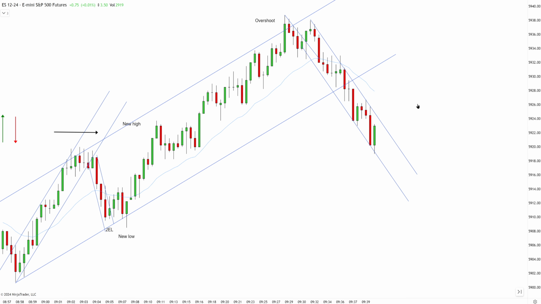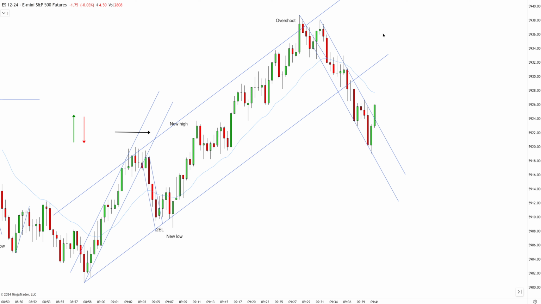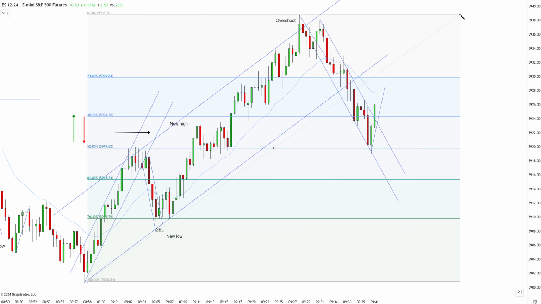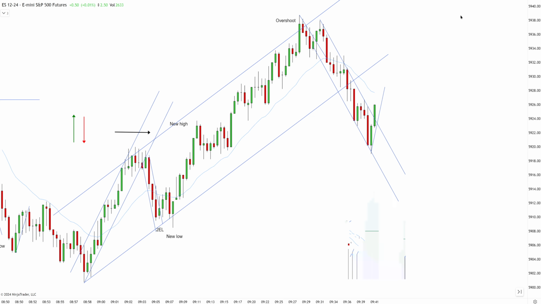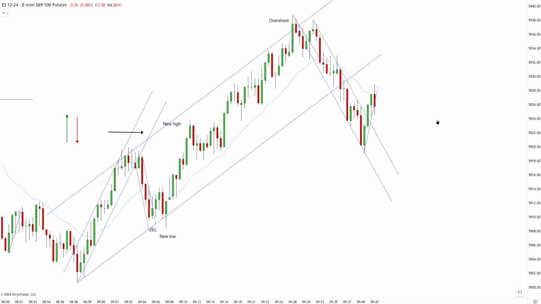At this point, I still expect new high to be tested, but because this downtrend is in play, high low would not be enough. I would need to get a second entry short, but most importantly, I need to see push above EMA because overshoot can sometimes reverse the market. So I want to know how deep the retracement is going to be, and we can see we're still around 50%. Once we retrace at 60%, this is where we really need to adapt to a brand new trend.